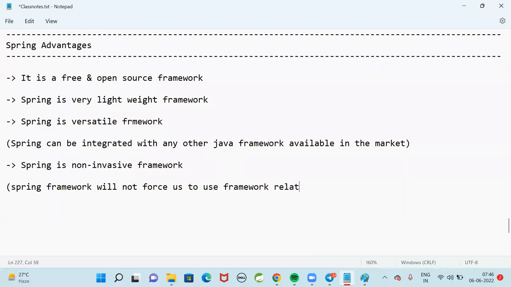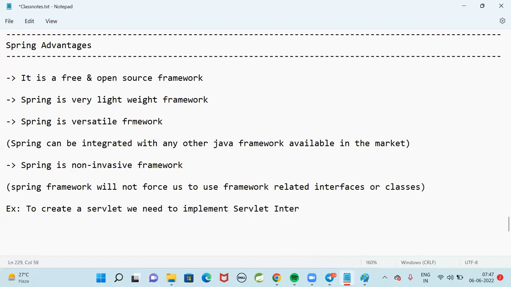It is non-invasive. Simple example: to create a servlet, we need to implement the servlet interface or extend HTTP servlet or generic servlet.